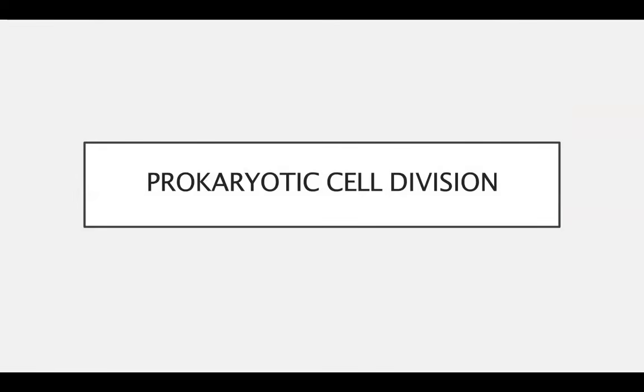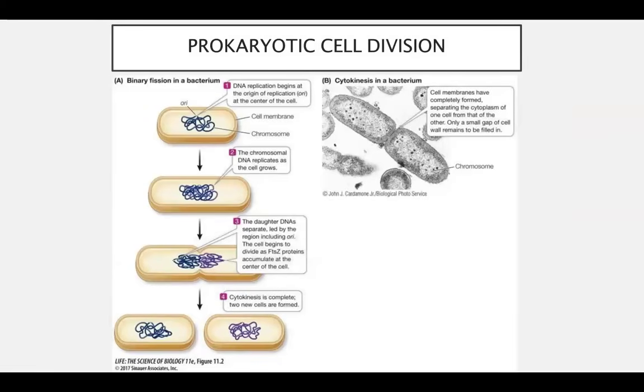So initially, we're going to talk about prokaryotic cell division. Prokaryotic cell division is commonly referred to as binary fission. So, what are the factors that initiate it? External factors such as nutrient concentration and environmental conditions are the reproductive signals that initiate cell division in prokaryotes. For lots of bacteria, abundant food supplies help speed up the division cycle.